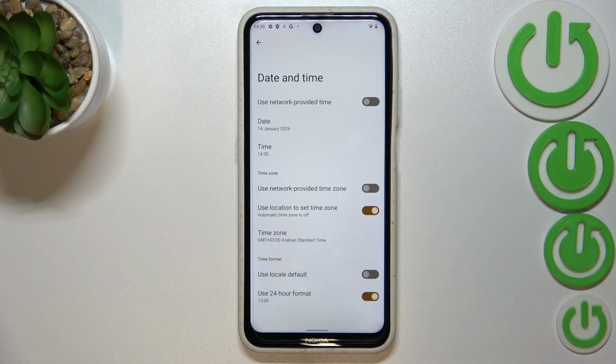Here we've got the time format. If you want to set it, let's say automatically, just use local default. If you want to decide manually, you can do it here. So currently we are using 24-hour format. You can use 12-hour one just by tapping on the switcher, and as you can see, it will also be